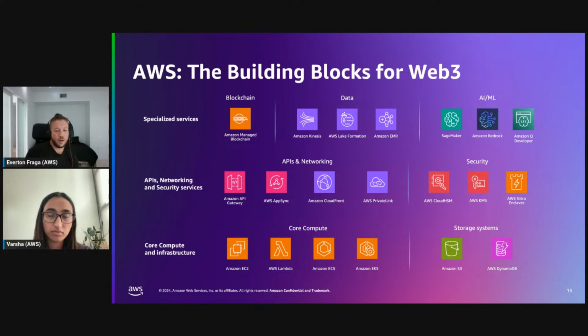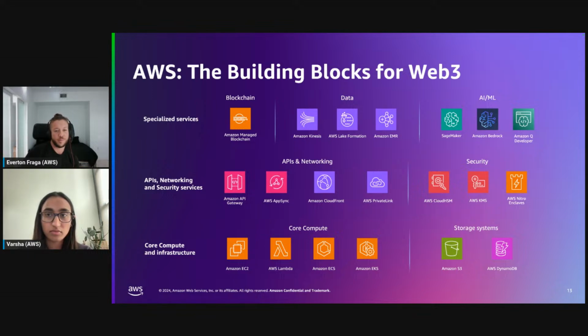Amazon Bedrock and Amazon Q Developer are the two newest services here on the slide. And Bedrock allows you to use a variety of foundational models, so Anthropic and Claude, also Cohere, Jurassic, and Titan models.